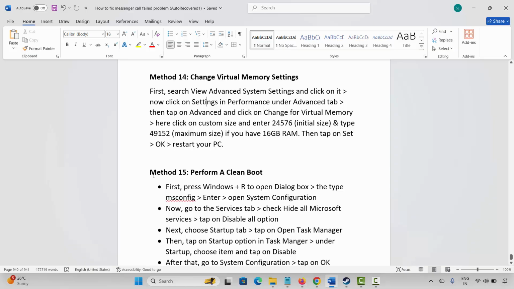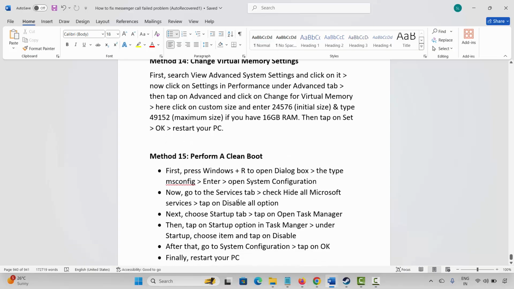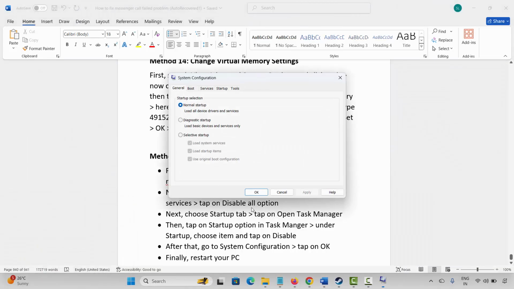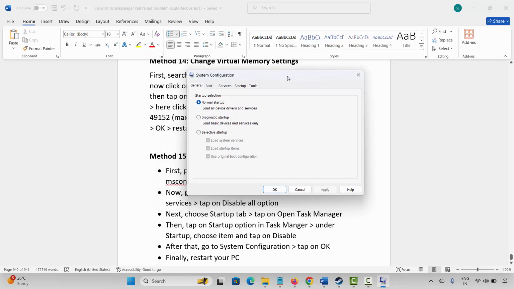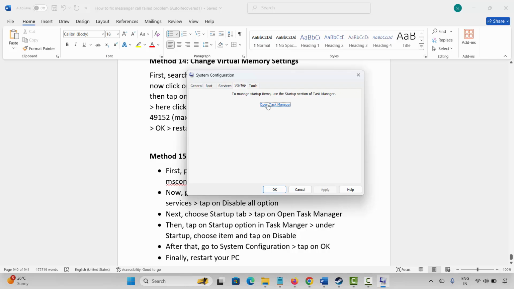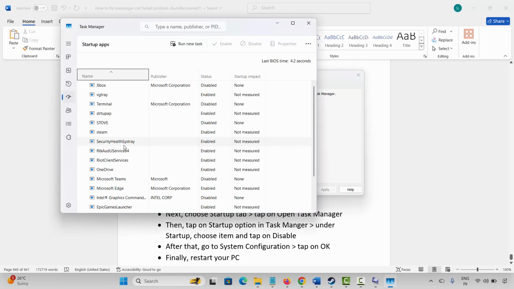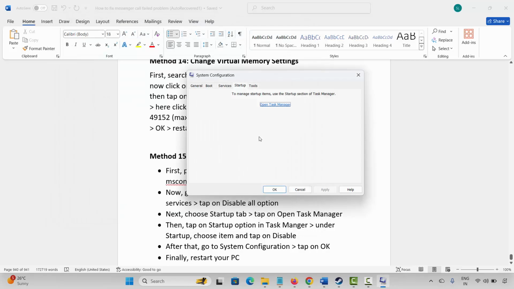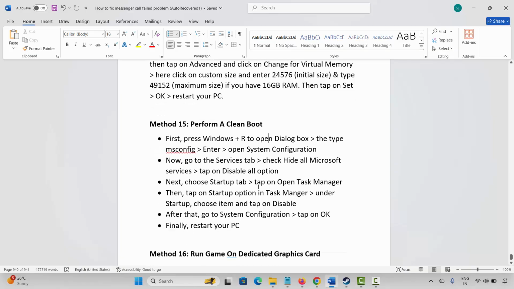If not, you are suggested to perform a clean boot. So for that, press Windows plus R and type msconfig, click on OK. This will open the system configuration page. Here click on services. Now click on hide all Microsoft services, and after that click on disable all. Once done, go to the startup tab, click on open task manager. Here you have to select the application and click on disable. Once done, again go back and click on OK, and then restart your system and then check if everything is